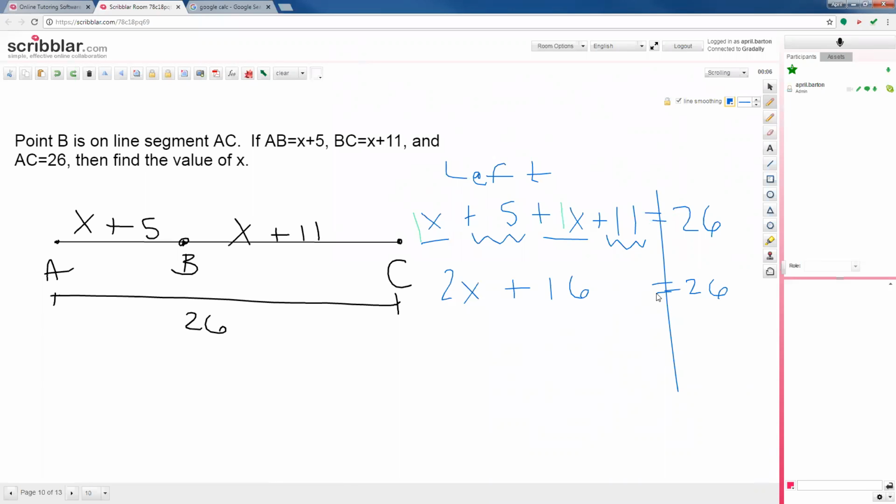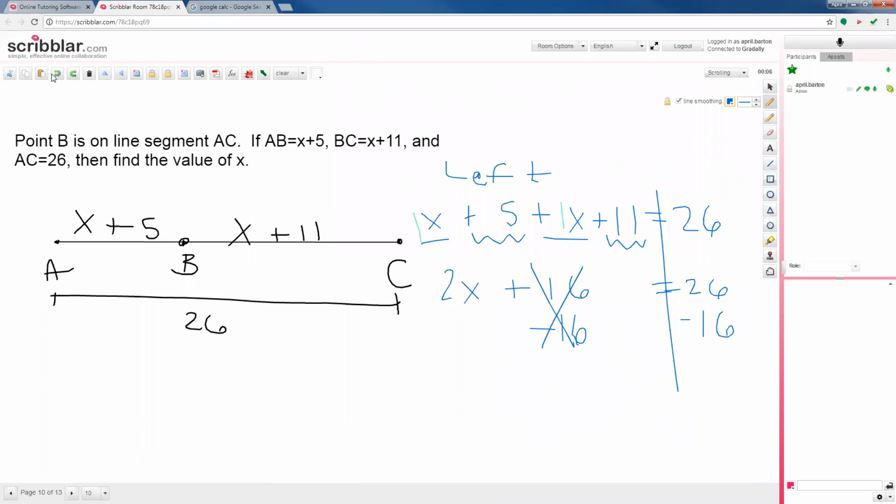So once you've combined like terms, now you start doing your opposite operations. We want to move everything away from the x that we can. So almost always we do the opposite of addition or subtraction first. So what's our opposite of adding 16? Subtracting 16 from both sides. Good. Some people like to write it with the minus 16 on both sides. They like to see these actually cancel each other out because what is 16 minus 16? 0. We wanted that to become 0 because 0 goes away.